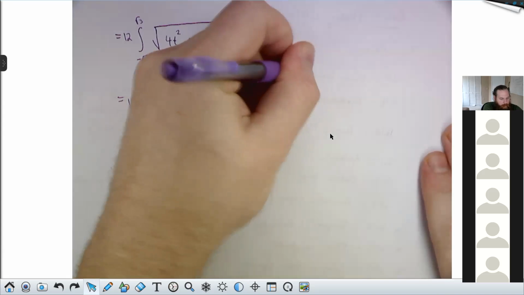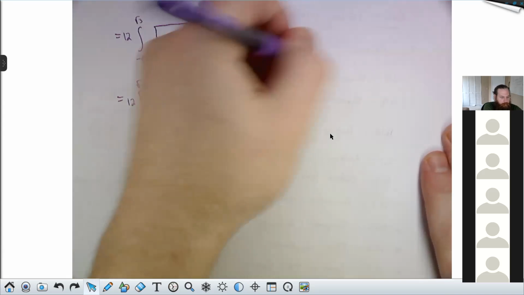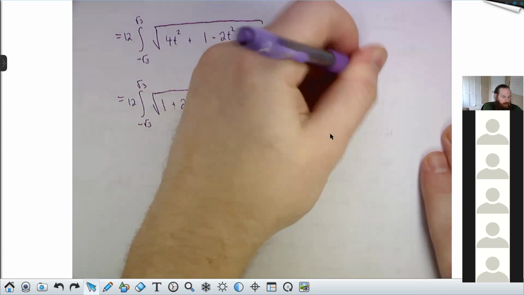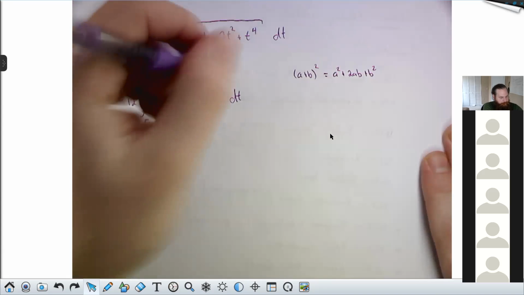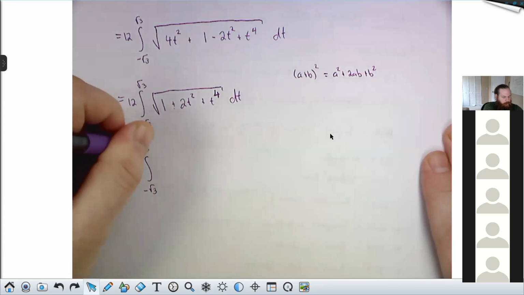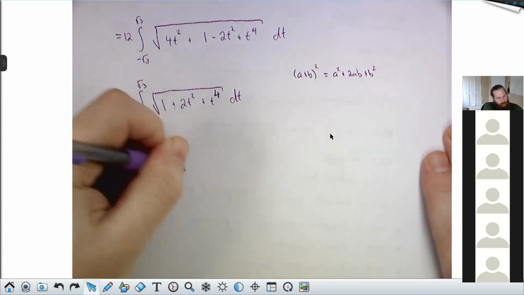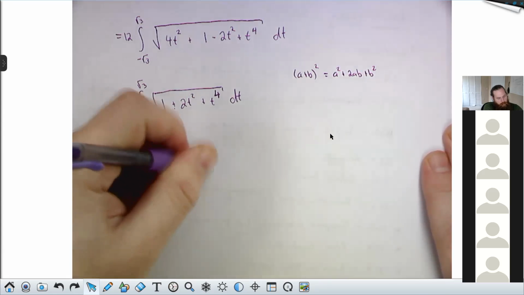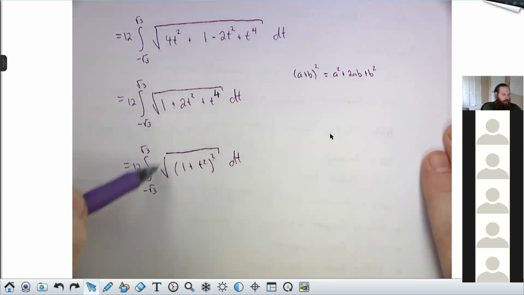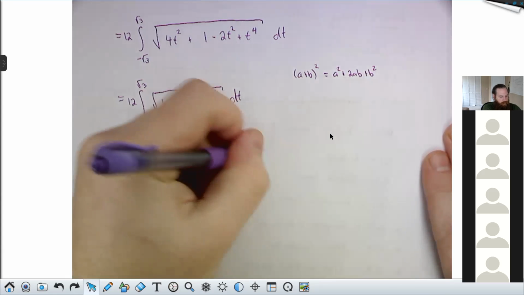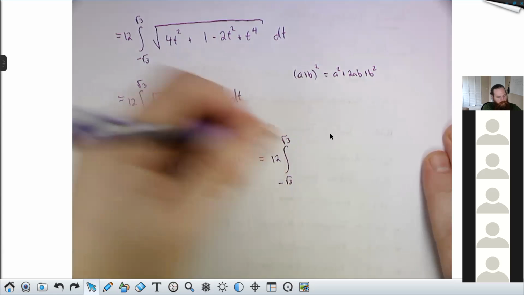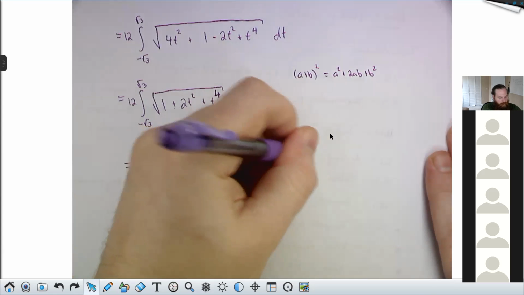Yeah, remember that (a plus b) all squared is a squared plus 2ab plus b squared. So this is 12 times the integral from negative root 3 to positive root 3 of the square root of (1 plus t squared) squared. And that's our saving grace here, because now this outer square and this square root will cancel. So I end up with 12 times the integral from negative root 3 to root 3 of just 1 plus t squared